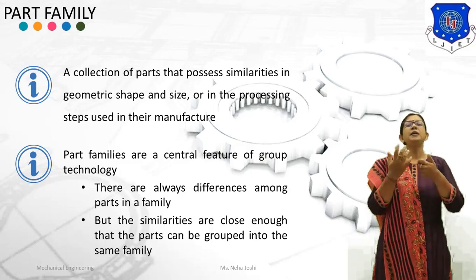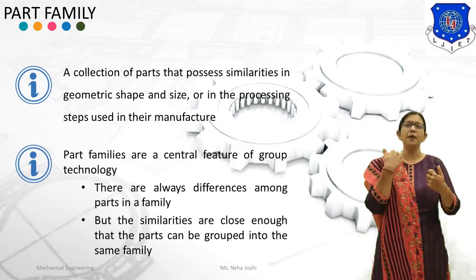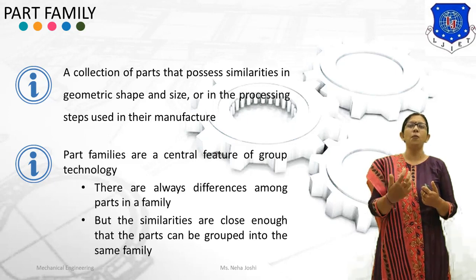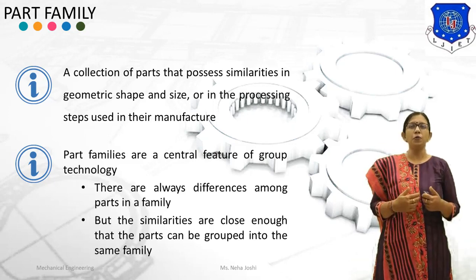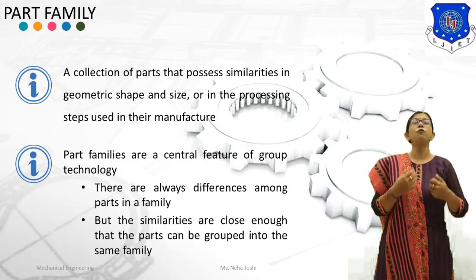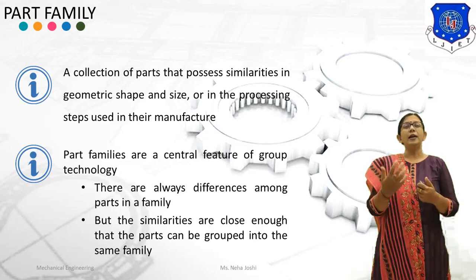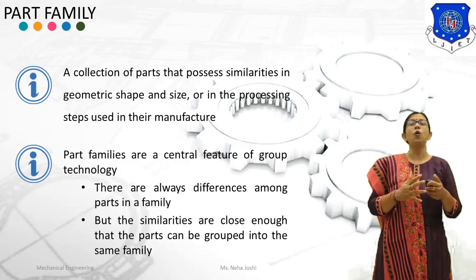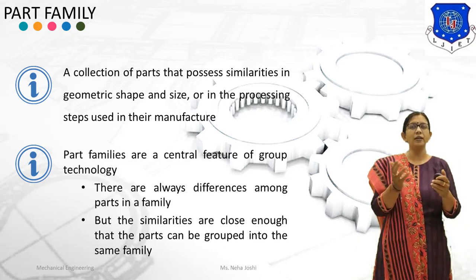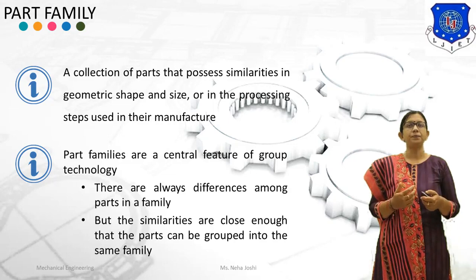A part that has been designed for manufacturing usually has to be produced by several succeeding manufacturing operations. If there is a large spectrum of parts to be produced, it will be necessary for workpieces to share common processing equipment. It is advantageous to group parts into families either according to their geometric similarities or to similar fabrication methods.